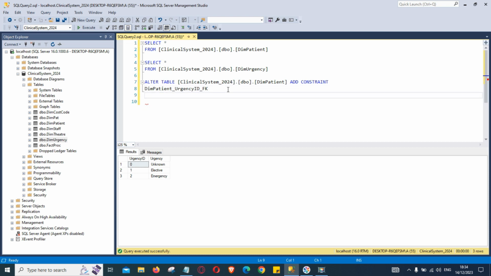Then we need to type foreign key, and the name of the column will go in the bracket, which is urgency ID, that references, where it references, it references to dim urgency table, and the column used in dim urgency table is called urgency ID. Right, so if we execute this code now,